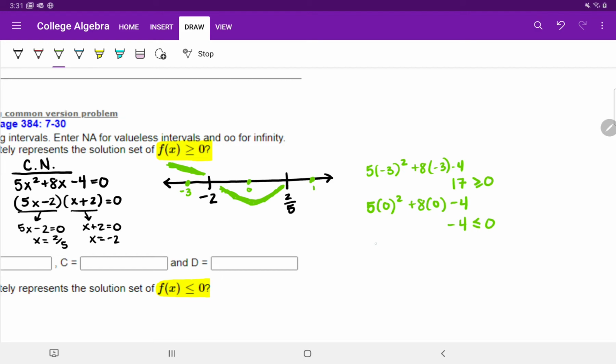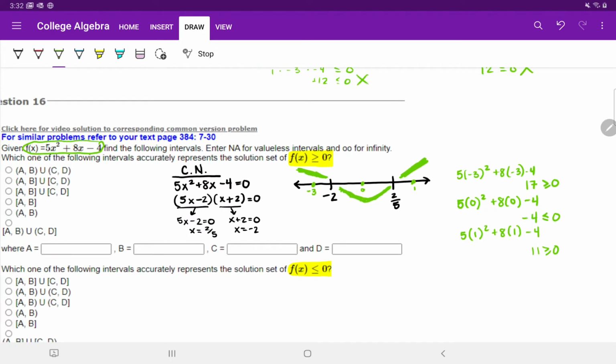And then finally, we're going to plug in 1 to our function, which will give us 5 plus 8 minus 4, which is 9... 11 is greater than or equal to 0. So that's going to be above somehow. And we don't know how it's shaped, but we've got above, below, above. So we can use this information to answer